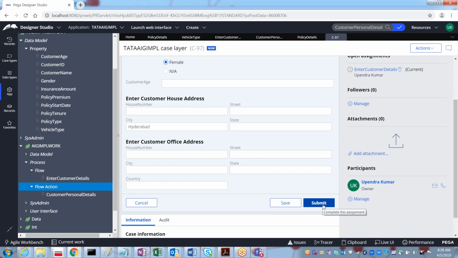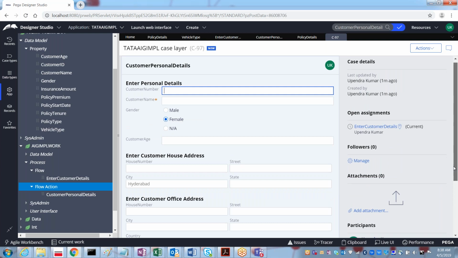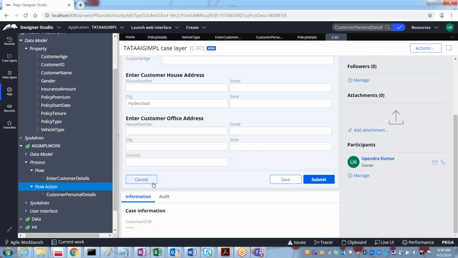These buttons I did not place actually. We only created the section which you wanted to display to the user. But along with that, as I said, this work object information will come automatically, and you will also have these buttons automatically. These buttons will display based on the flow which you have created.